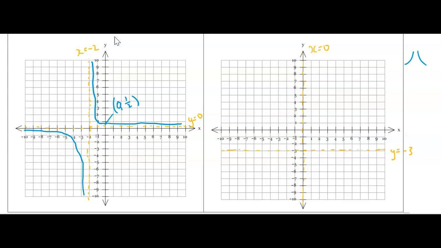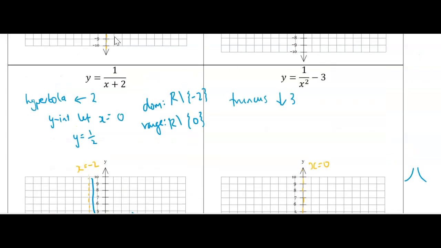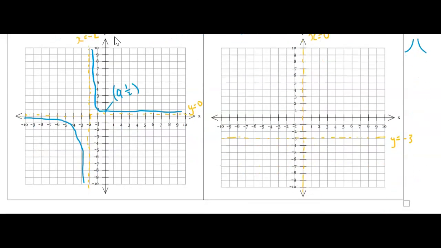But I do need to find my x-intercept. So I'm going to have 2 x-intercepts. So let y equal 0. So we've got 1 over x squared equals 3. So then we're going to have x squared equals 1 over 3. So x equals plus or minus the square root of 1/3. So very, very close to